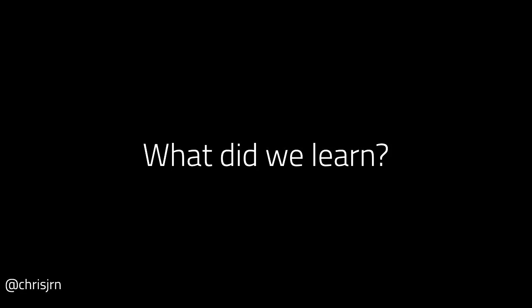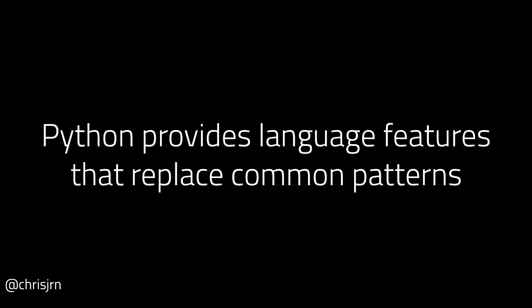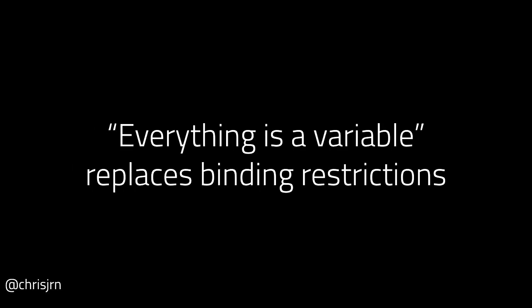So that brings us to the end of our tour of Python features. You've probably realized by now that a lot of object-oriented patterns look quite clumsy in Python, and hopefully you've got an idea of why this is the case. First up, a lot of design patterns exist because there are features in Python that don't exist in other languages. You should strive to use those features that you have access to rather than re-implementing those patterns in Python.